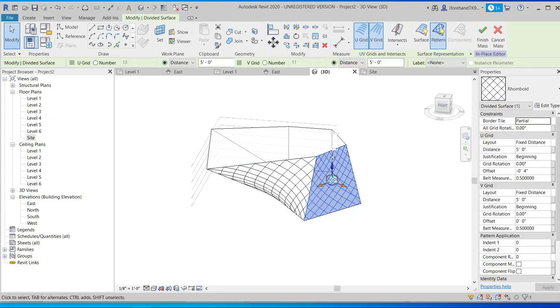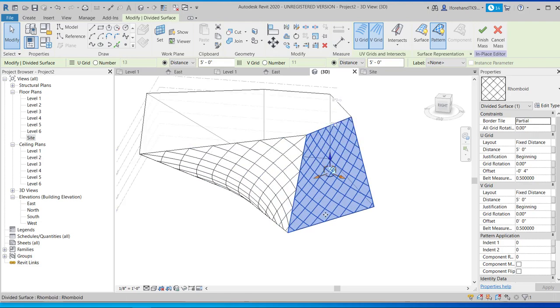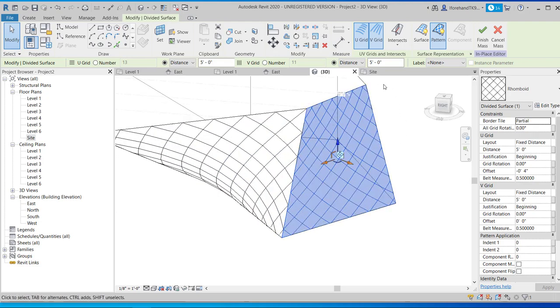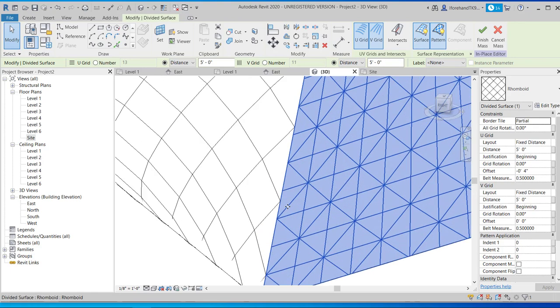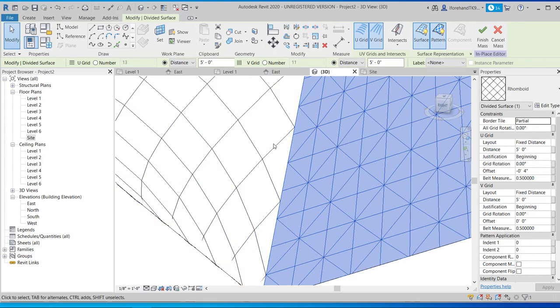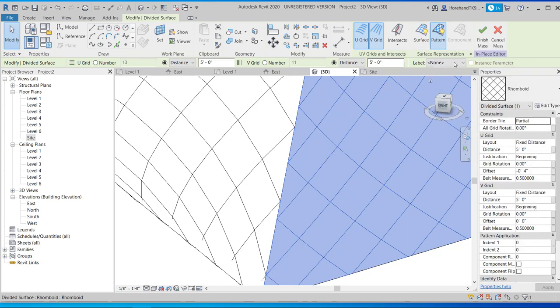If you are clicking on here and you really need to see your surface back, you can just turn that on, and this actually gives you a clue as to how the division of the surface has translated into that pattern. So let's just finish this for now,